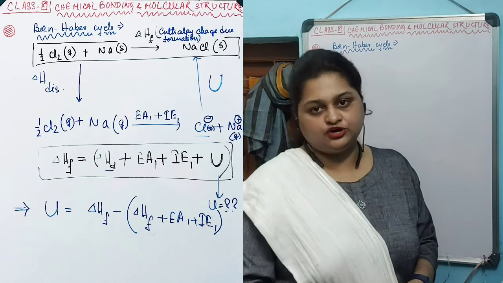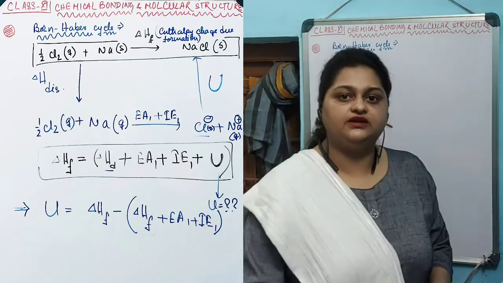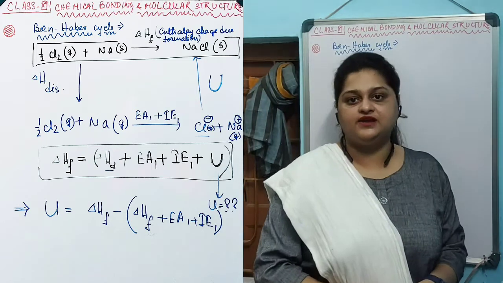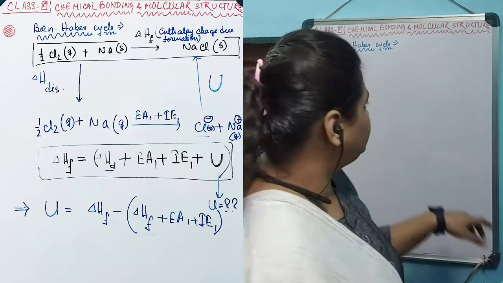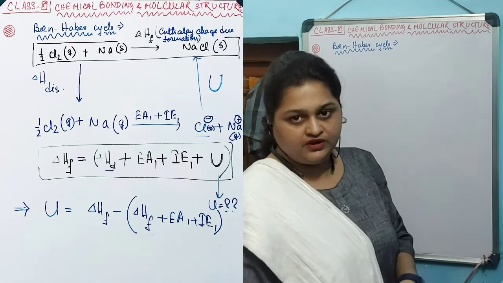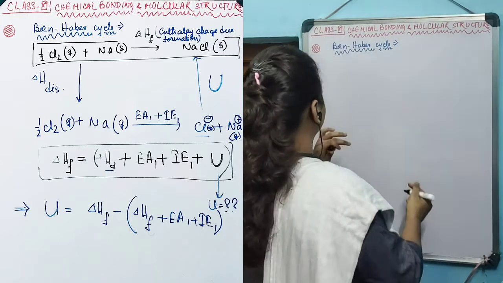Lattice enthalpy cannot be determined directly from a chemical reaction, but it can be determined indirectly. It can be determined indirectly with the help of the Born-Haber cycle. Now let's take an example where